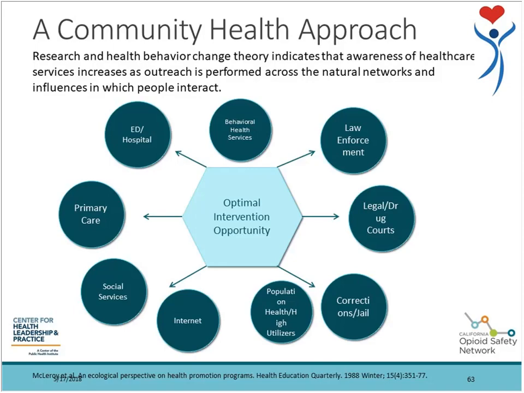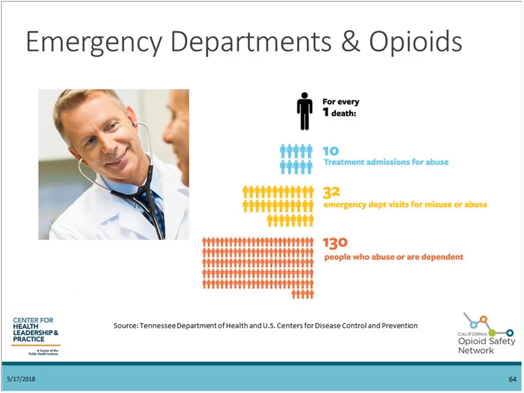One of the things I'm most proud about with Bright Heart Health is that we take a community health approach, meaning that we recognize that there are many inputs into the system. And if we do the outreach across the system, we're more likely to catch people at varying points of readiness to change. All of these are the same things that Matt covered in his prior slides. But whether it's EDs, hospitals, behavioral health, drug courts, corrections, these are all doors through which you can get into care with Bright Heart. Now, I wanted to drill down to a specific example.